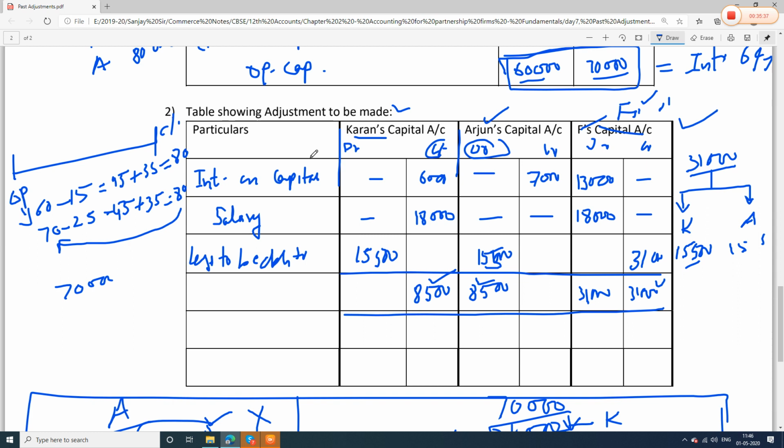So what we have done, see, you will take all those items which you forgot. In the question we have seen interest on capital we forgot, and salary also we forgot. So how much is this amount, and who would have got how much? In this case, Karan was eligible to get 6,000, and Karan was also eligible to get 18,000 rupees. So we have taken whatever we forgot, and we will debit it through the firm because the firm was supposed to pay this, right? So the total of all we forgot, we will take as loss, because otherwise our profit here of 70,000 is more.